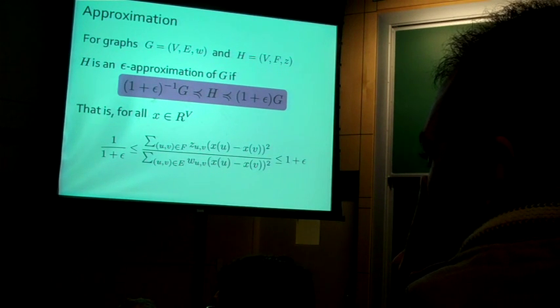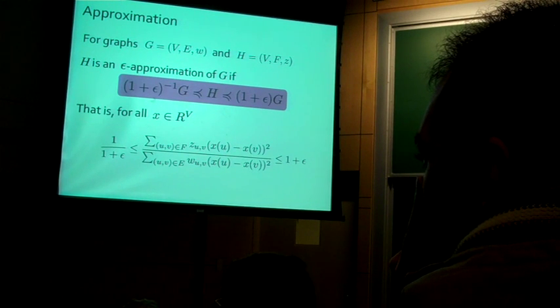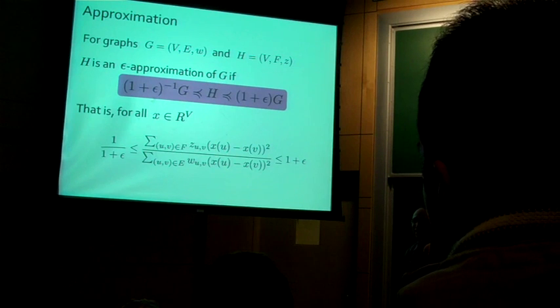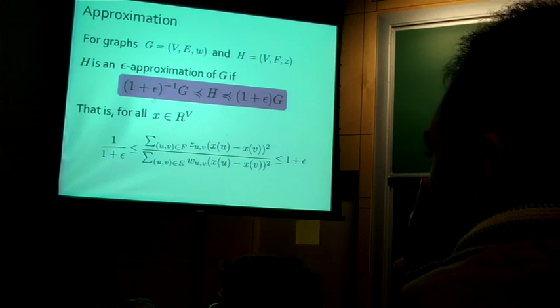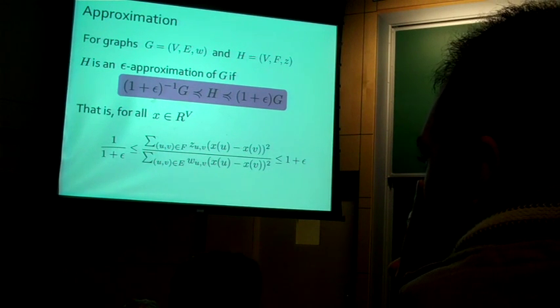If we think of, say, topology in metric spaces, we could say that H is less than or equal to some positive constant times G and bigger than or equal to some other positive constant times G. And that's some sort of pseudo-equivalence or something like that. Yes. Is that a useful notion? Does that help separate the graphs into some kind of clumps that you can analyze?